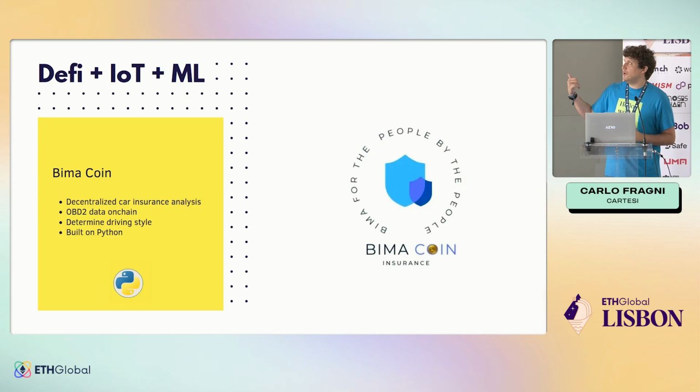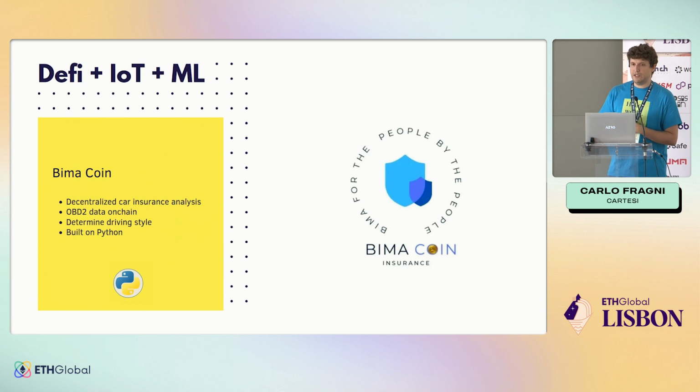This one is a really cool application that came from India. So Indians have a problem with car insurances. Basically, you have an accident, you activate your insurance, and they deny you the payment. And why is that? They claim you're a bad driver. How do you dispute it? You go to justice. The decision is behind closed doors, and you cannot really dispute it. So what this guy's doing is a decentralized car insurance protocol.